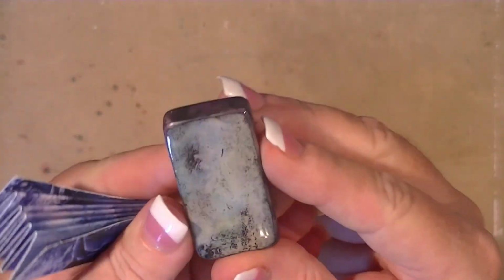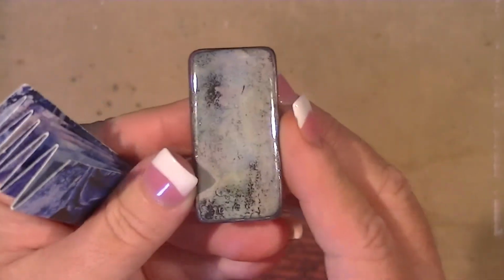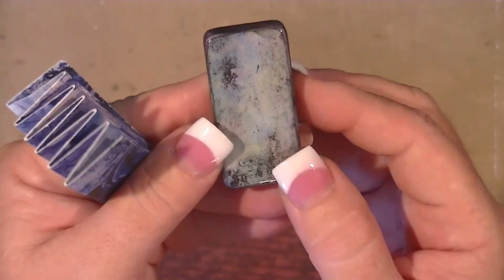But this is how my resin hardened up. I absolutely love it. Look how beautiful that paper looks underneath that resin. It's just gorgeous. Okay, so now to further give this a little bit more texture, what I decided to do